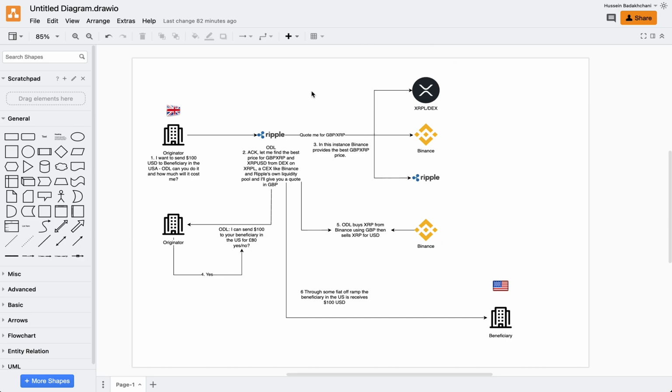I mean, just in this small piece here, there are so many options. I'd love it if someone from Ripple could tell me, am I barking up the wrong tree here, or exactly how ODL would work? Because there's so much optionality right there. But anyway, going back to this diagram,